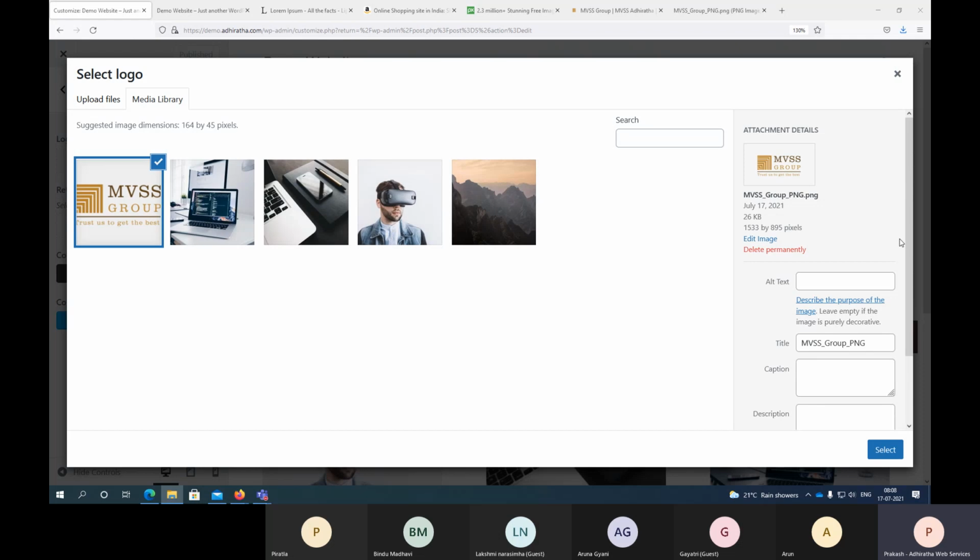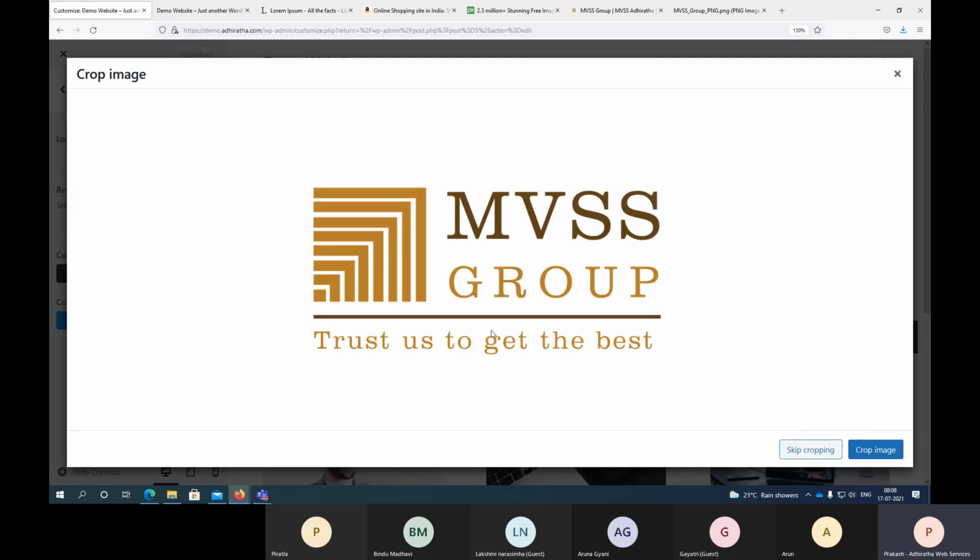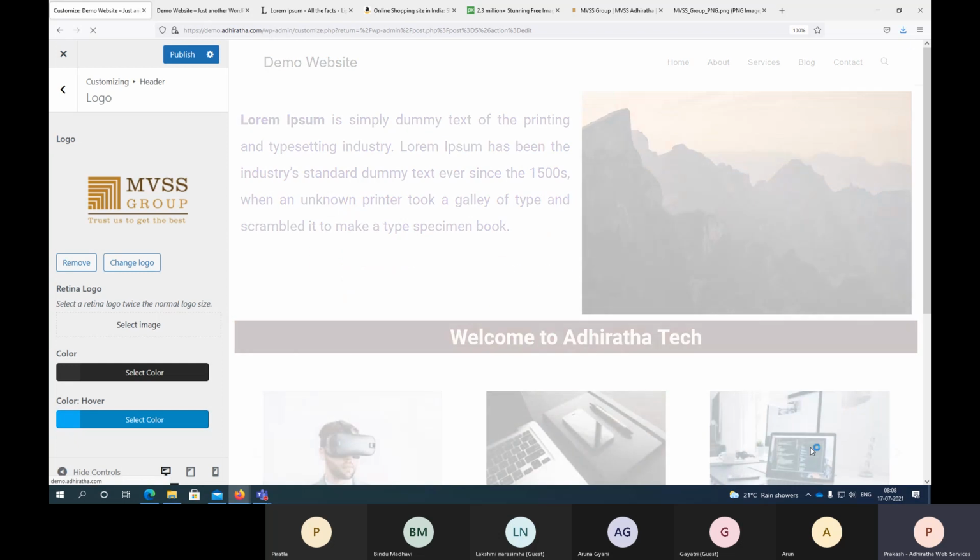You guys can pick some design from Canva, with some kind of resolution. Pick any resolution you want and try it out. Alternate text we have to give, so I'm giving logo. Cropping is not required, skip cropping.